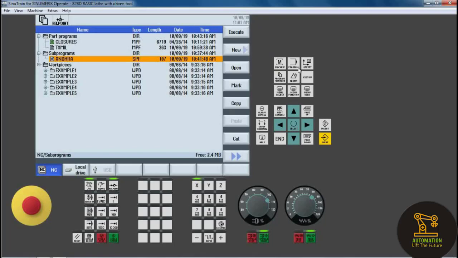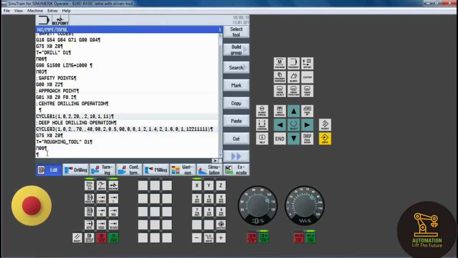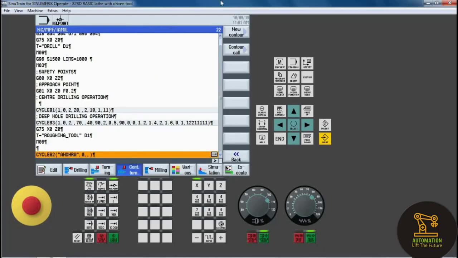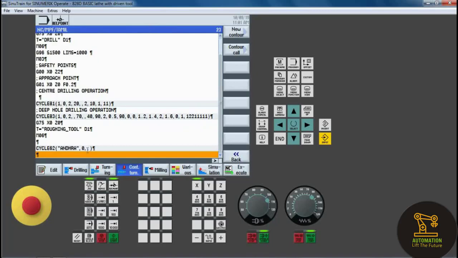So we mention in stock removal cycle contour call and put subprogram, and this subprogram name is Andhra, so we mention Andhra and click accept. And next one is the subprogram is called, so next one select the contour turning and click back and select the stock removal on that.